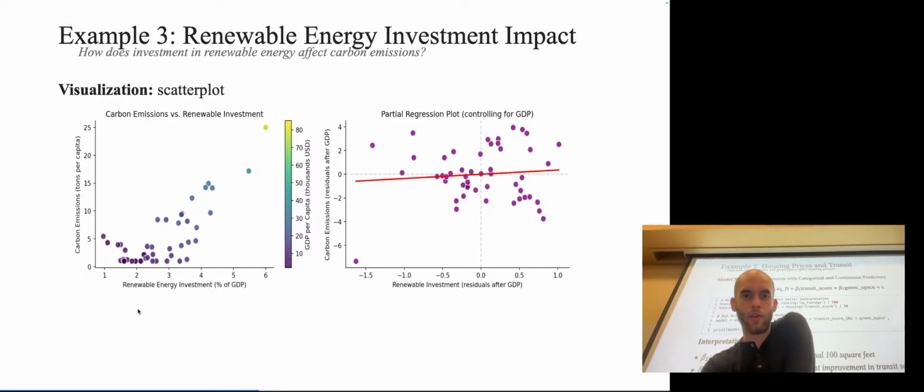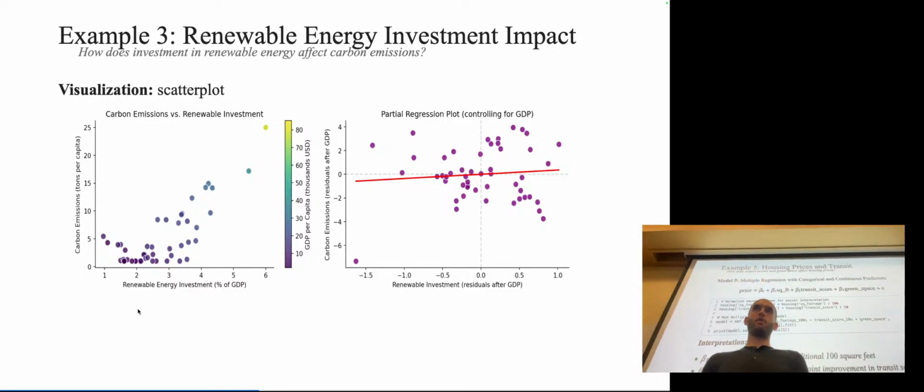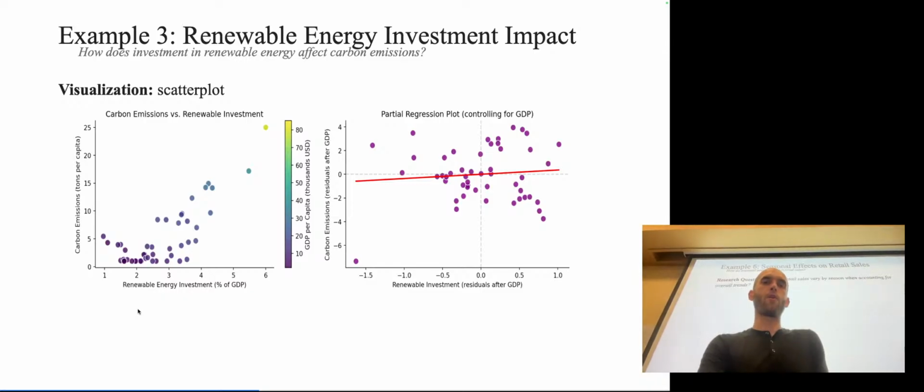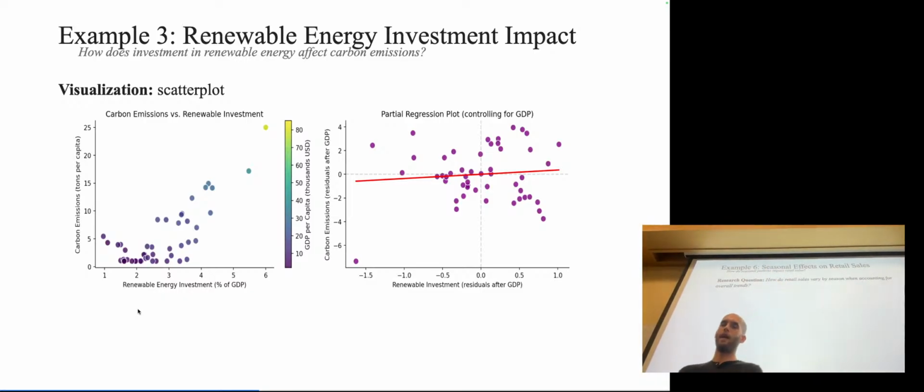So we have beta 1, price increase per 100 square feet. Beta 2 is for every unit improvement in the transit score, how does the price go up? And then beta 3 is just the green space premium on a house. So how much are people extra willing to pay for a house that's near a park? Okay, so last one here, and then we'll talk about projects for a couple of minutes.